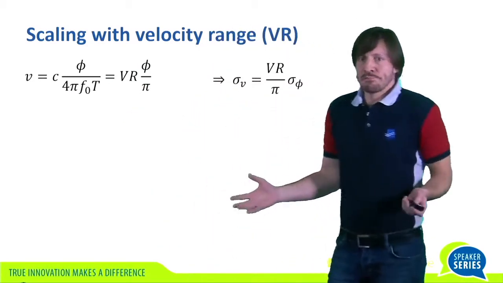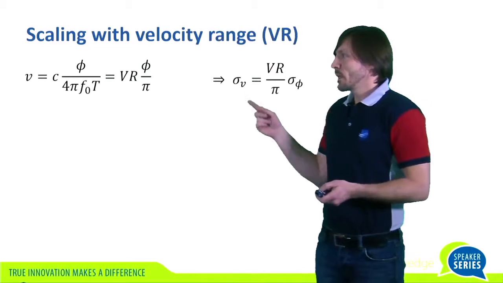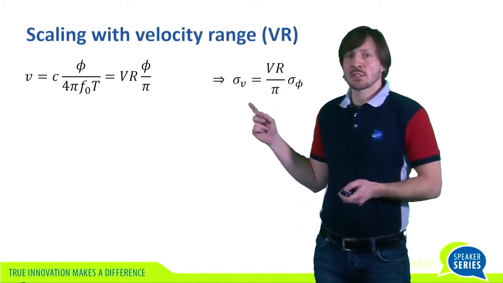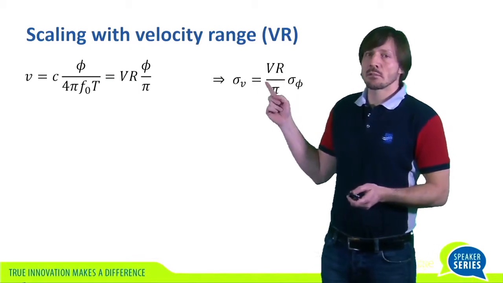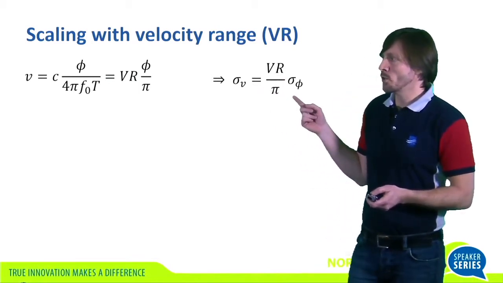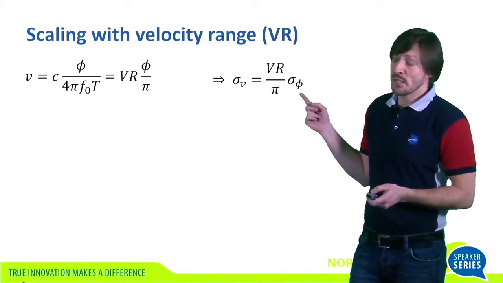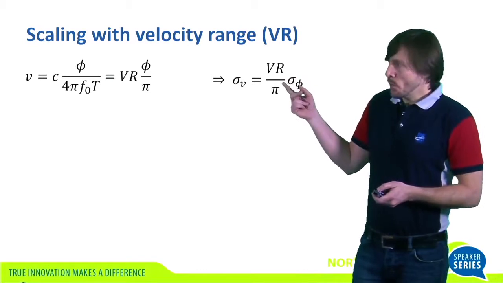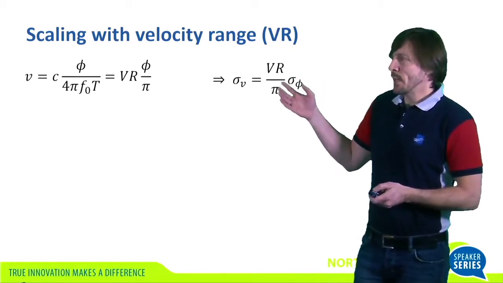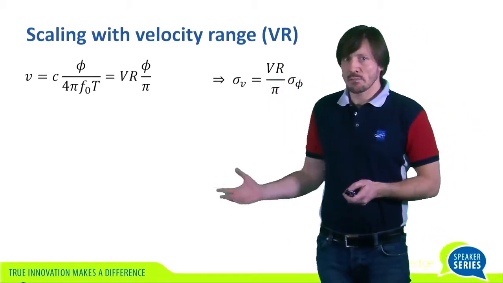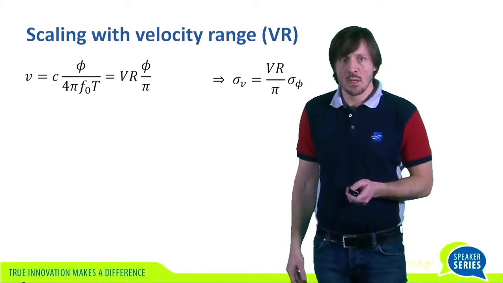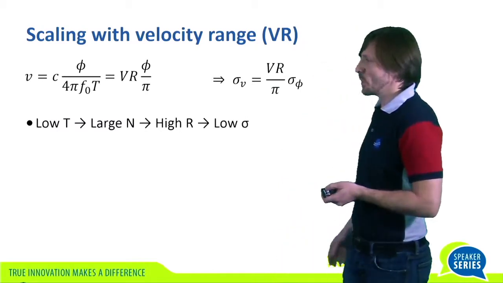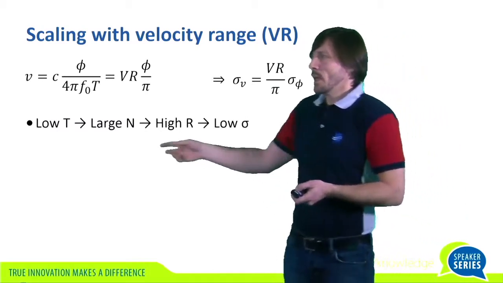Now, by very elementary statistics, since these are constants, the standard deviation of the velocity will just scale linearly with this velocity range, and also, of course, it'll be proportional to the standard deviation of this phase, which is a complicated matter to calculate. But when we're talking about scaling with velocity range, we should expect linear scaling,